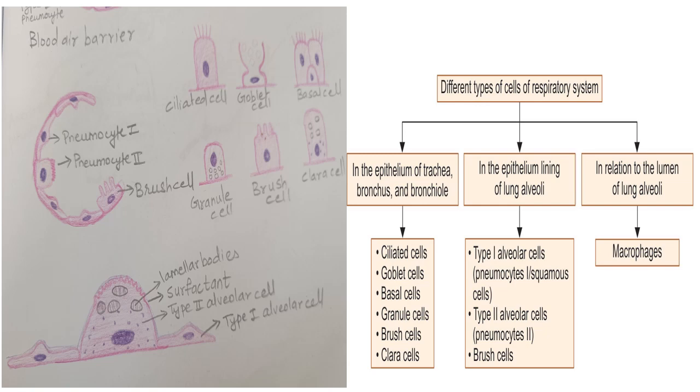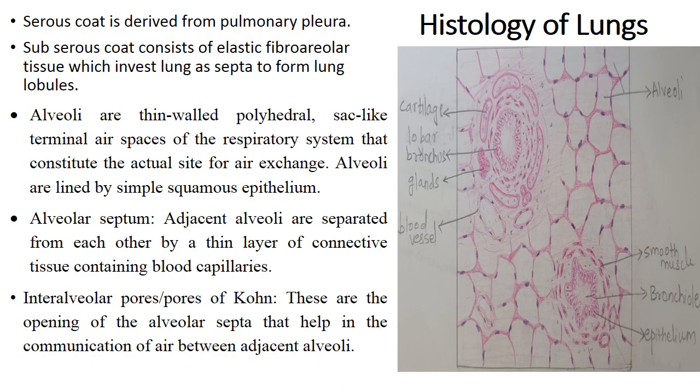Then the sixth variety is endocrine cells or argentaffin cells, Kulchitsky cells. They belong to the diffuse neuroendocrine system. They secrete serotonin and histamine in response to stimuli. Then we have the basal cells. They are like stem cells. They can differentiate into different epithelial cells. And also we have intermediate cells. They are tall columnar non-ciliated cells.